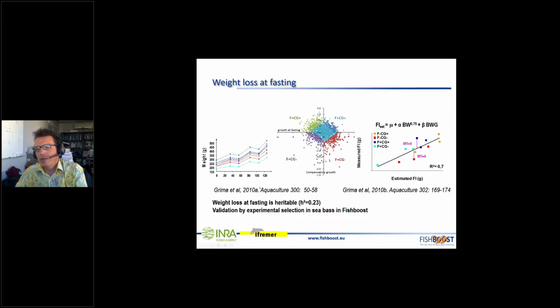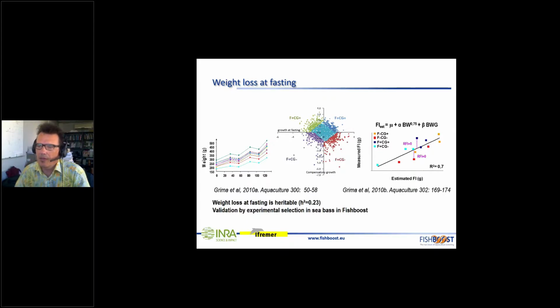And we recorded how much weight they lose when they are fasting and how much weight they gain when they are under compensatory growth. And these fish were sorted into 4 groups, which had either high or low weight loss at fasting, and high or low compensatory growth. And then these groups of fish were put in tanks where we recorded precisely how much feed was given, how much was uneaten, and how much